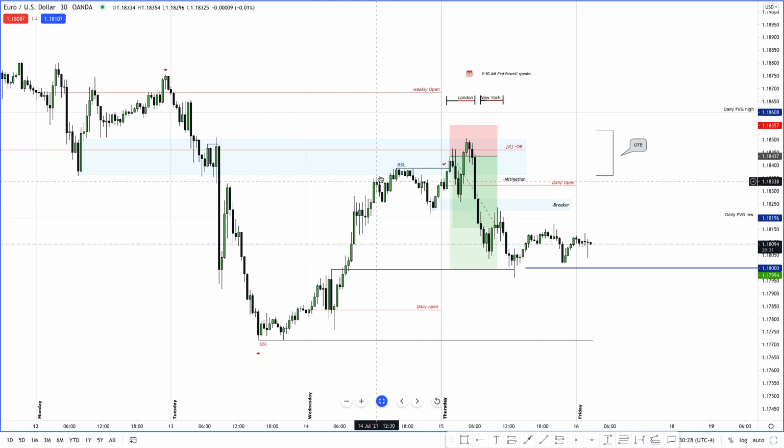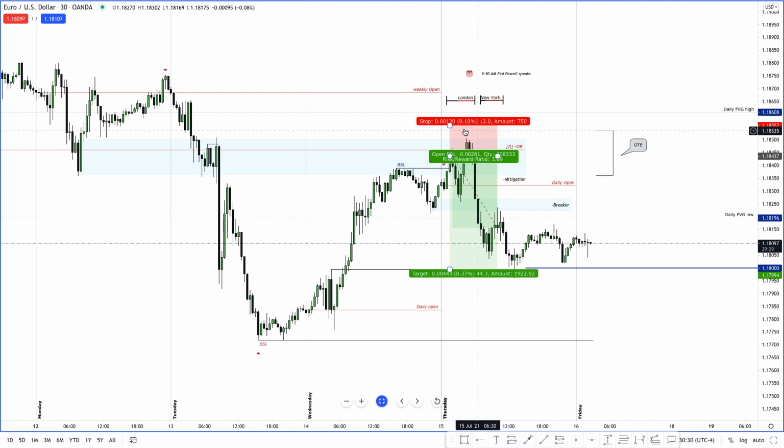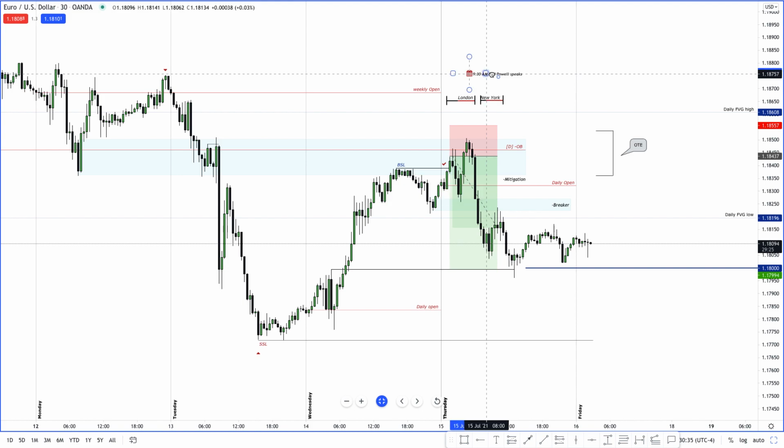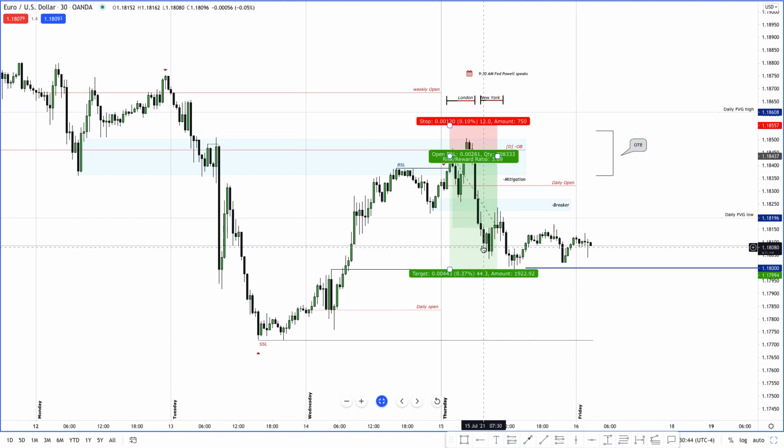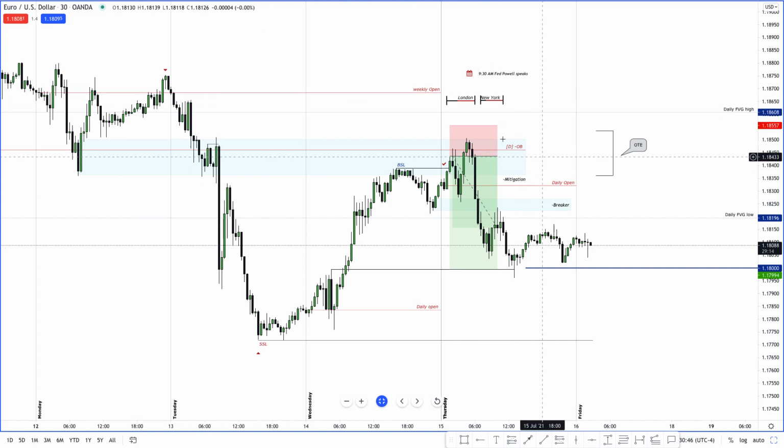Okay, so we did take out this short-term high, and then when you broke down lower, we created a bearish ICT breaker, right? So if you had missed this entry in New York, because it was high impact news at 9:30, Fed Powell was testifying and speaking, so that could have been a re-entry at the breaker to then target the low. Okay, so that was the setup I was looking at on EURUSD, and that's the setup I took